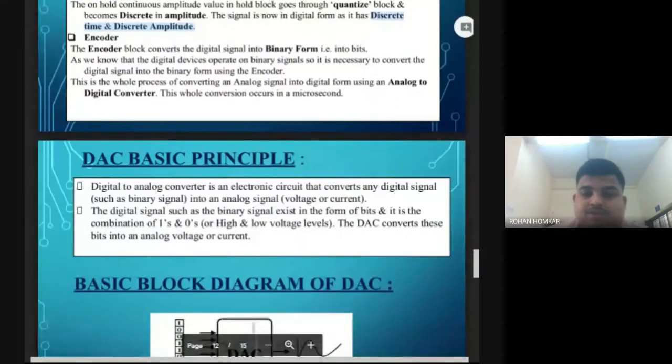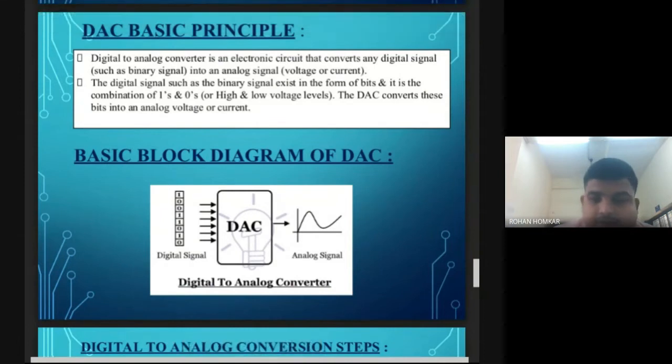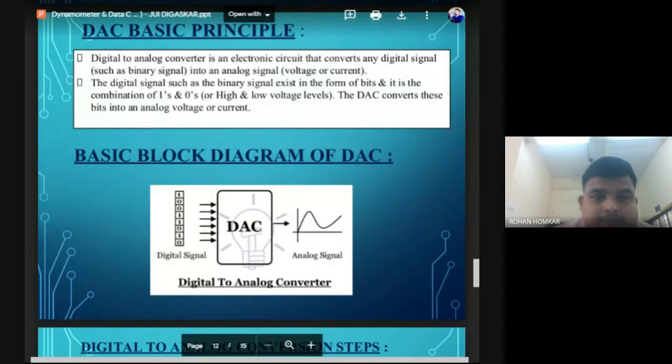Now we are going to see the digital to analog converter. Earlier we have seen analog to digital. Now it is the digital to analog system. Okay, let's see what it is and how we are going to use it. But before going to that, I am going to tell you something, that the diagram about digital to analog conversion is like we are going to change from 001 to the continuous signal.